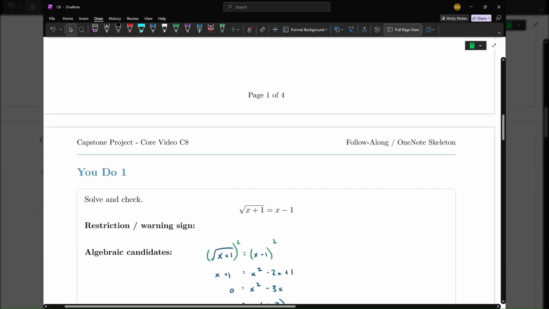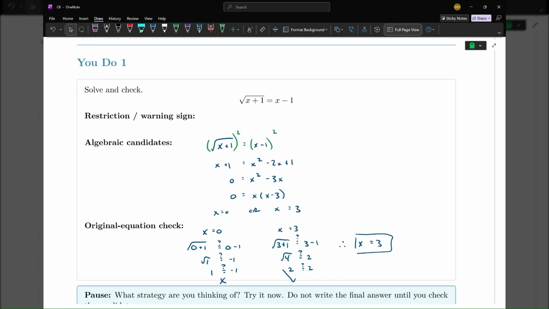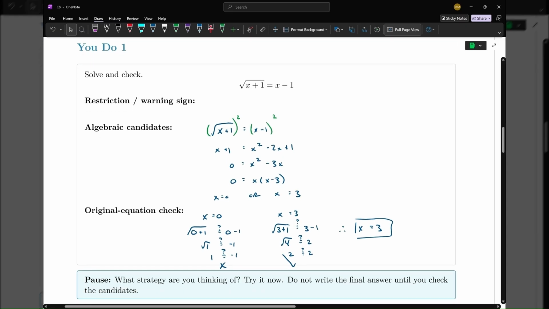Okay. So take a look at this one again. I solved it in a very similar way. I'm going to square both sides. I'm going to get 0 and 3. I'm going to check on the original, and I see that the 0 doesn't work. I'm going to keep the 3, reject the 0. If you are thinking